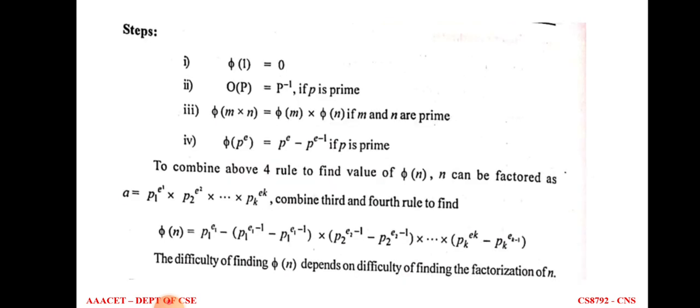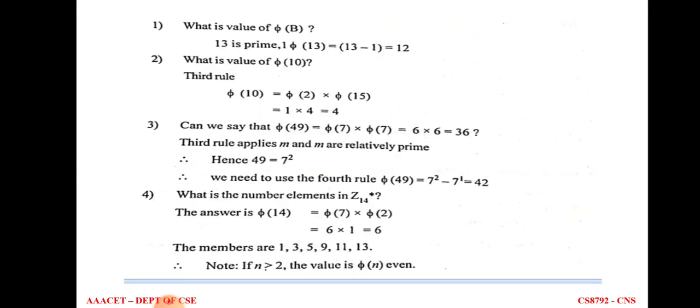If the number is not a prime number, we have to factorize it, but both numbers have to be prime numbers, and both numbers should be different, not the same number. So here 49 is not a prime number, so we can factorize it into 7 into 7. 7 is a prime number and 7 is another prime number, but they are not different numbers, it is an equal number. So we can't go with rule 3.